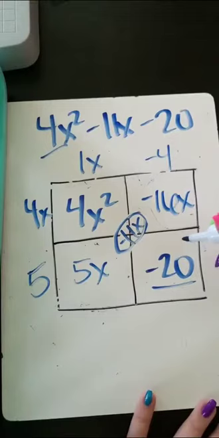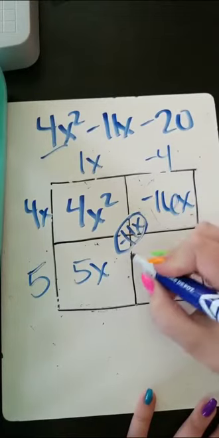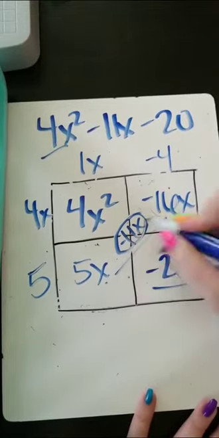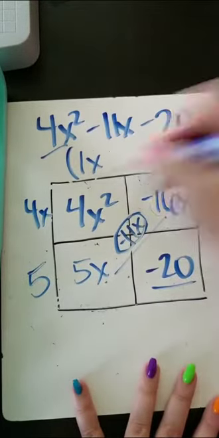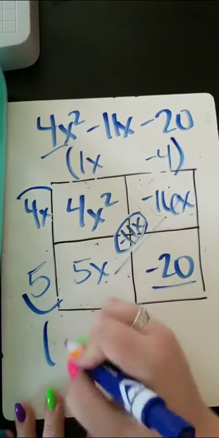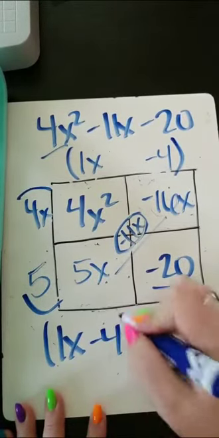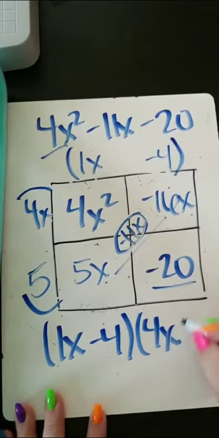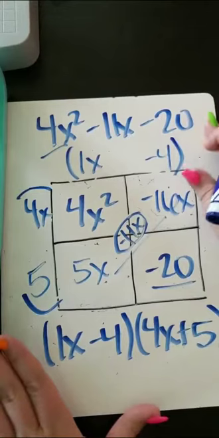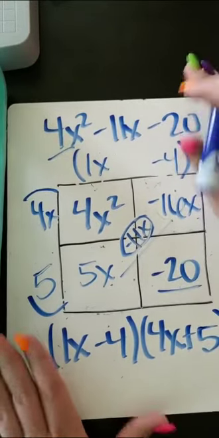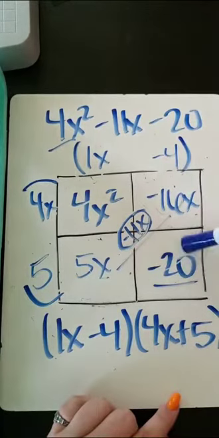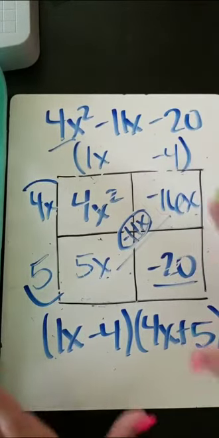Finally! Oh my gosh. This was a lot. I get my answer. Negative 16x plus 5x gives me negative 11x. So my answer to this problem in factoring gives me 1x minus 4 times 4x plus 5. And I'm really excited about using this to teach factoring to my students because this model, this area model, is so